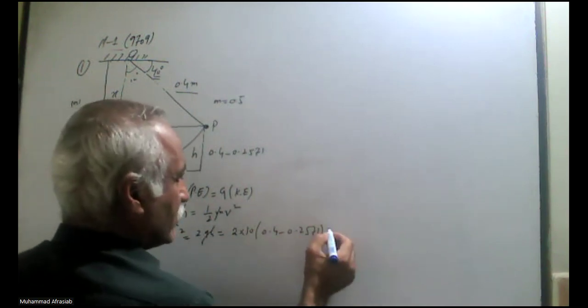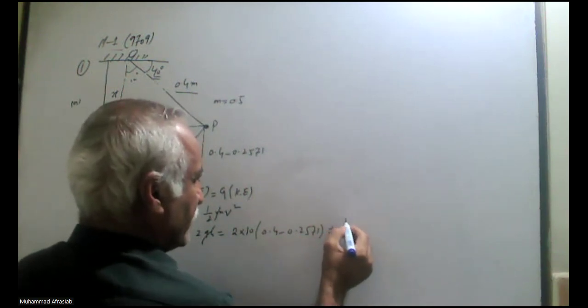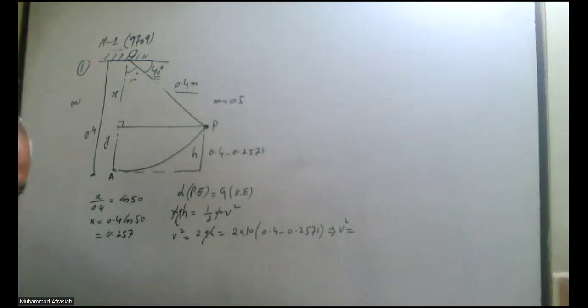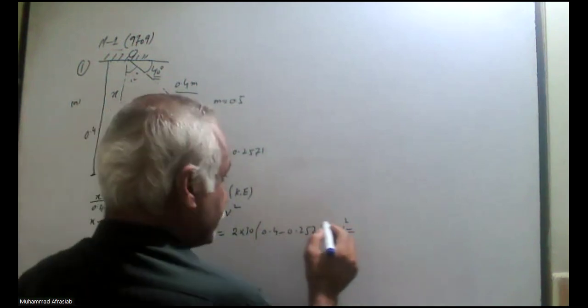That value is equal to v squared is equal to 2.8576,